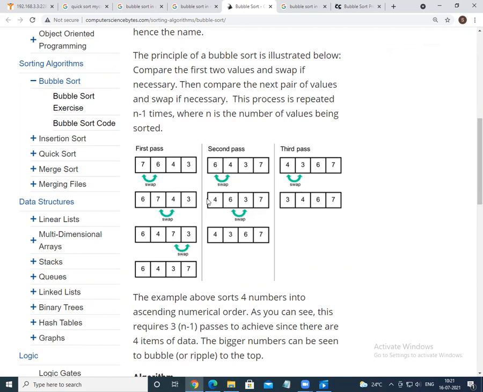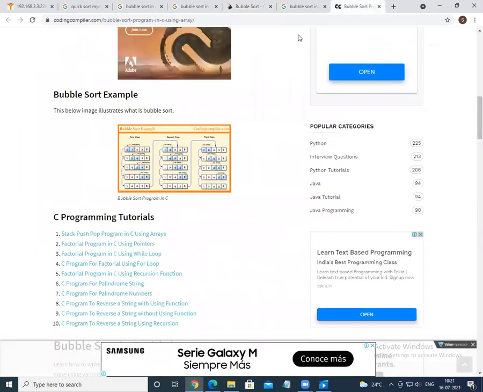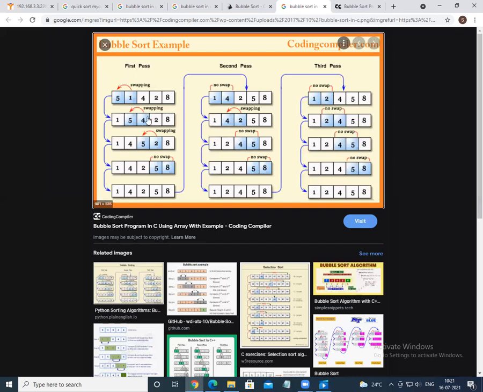A few people had asked, what happens if you do the same number of comparisons in every iteration? Here is the answer. If you have the same number of comparisons, there is no meaning in doing that many comparisons. For example, you have 5 elements here. You do 4 comparisons within the first iteration. After each iteration, the last elements are sorted, hence there is no need for comparison again, and we don't need any comparisons to swap.